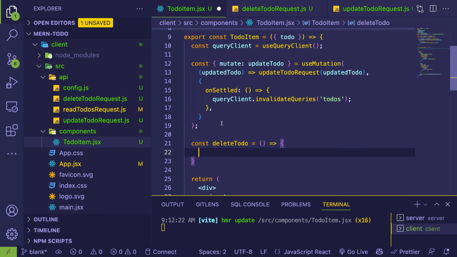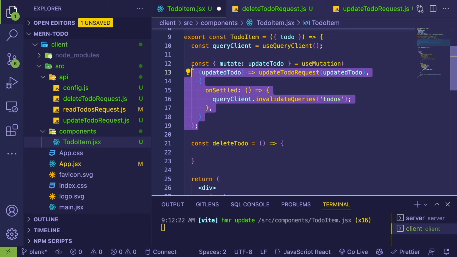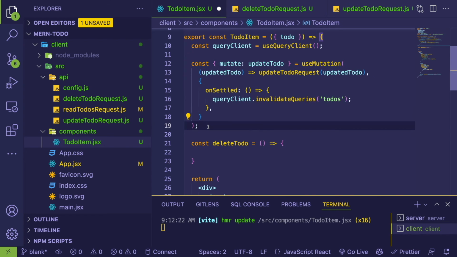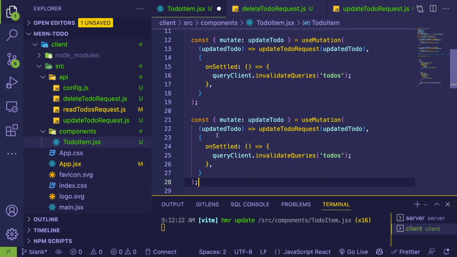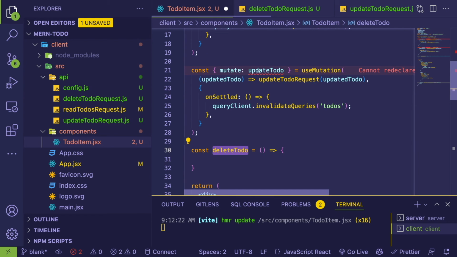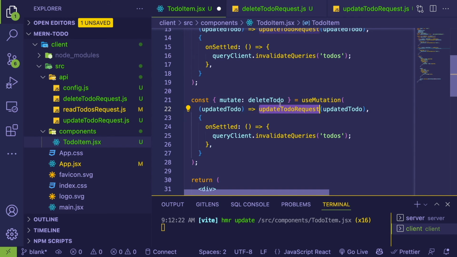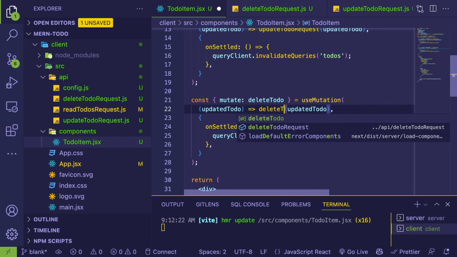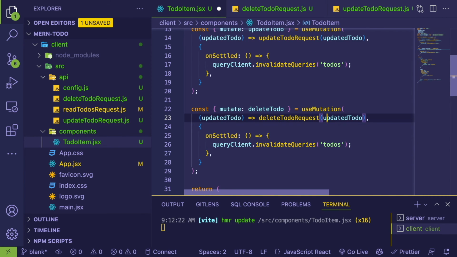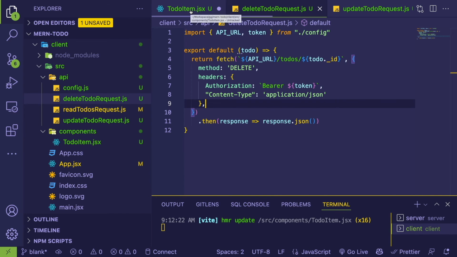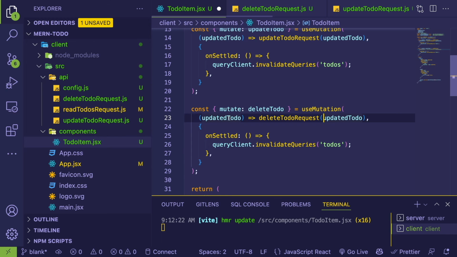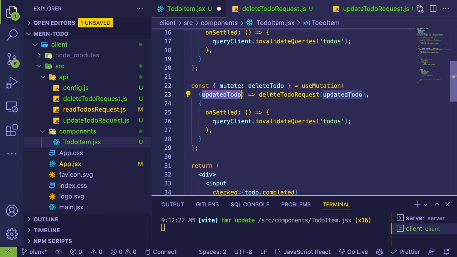For this one to also work, we're going to have to add another useMutation to basically create a delete method. So instead of making this custom method down here, I'm going to go ahead and make another one called deleteToDo and delete this. And instead of saying update to do request, we are going to say delete to do request. Okay. And this delete method takes in a to do item, so everything should be good. And we are going to basically call it